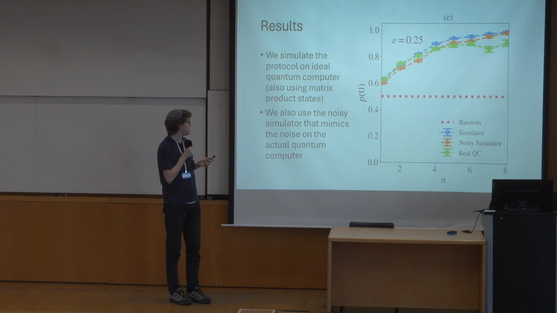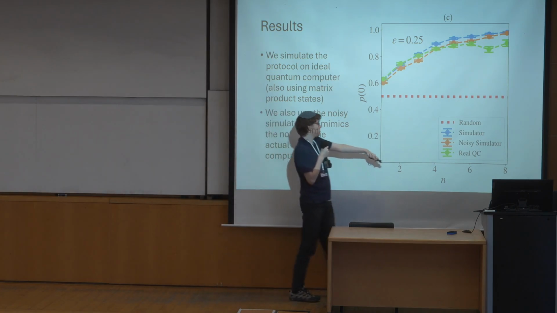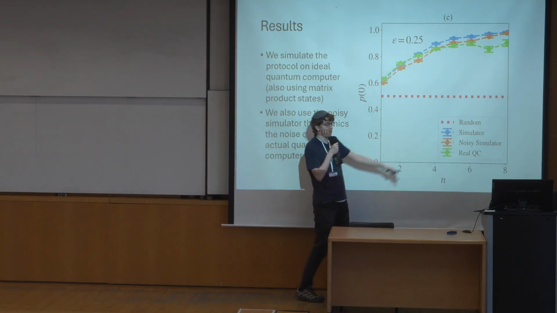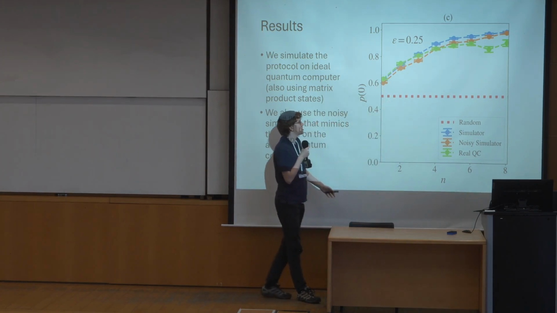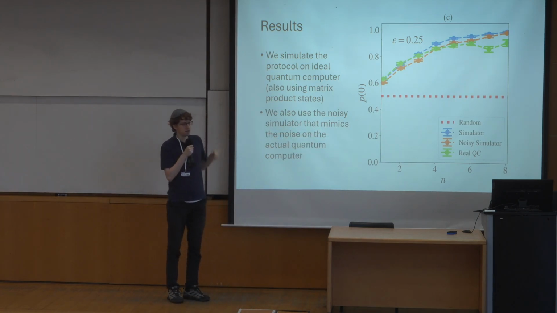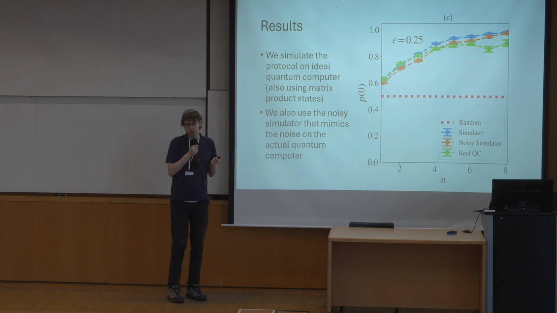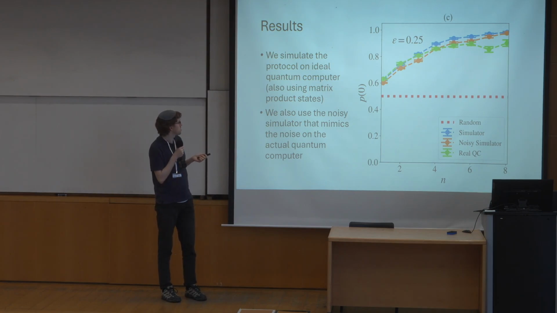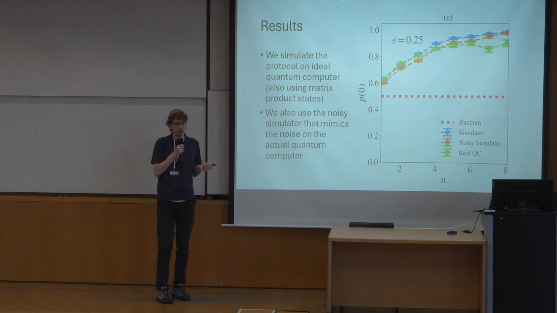Now, what we can see here is that if I compare it also to the simulation and noisy simulation of IBM Brisbane, we do get very similar results. So it is not very bad, but as n starts to increase, you do see that it starts to deteriorate. So probably there are some coherent errors in the quantum computer that do not allow it to get there. This is the usual noisy simulator that is available in Qiskit Aer, as some of you may use it already.